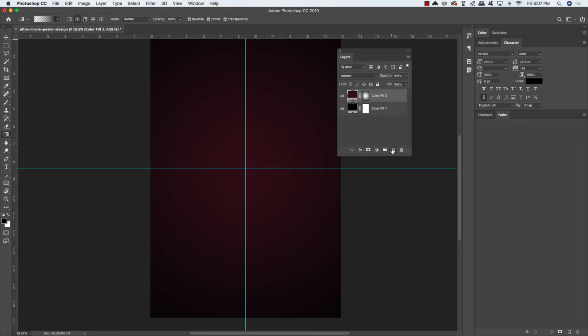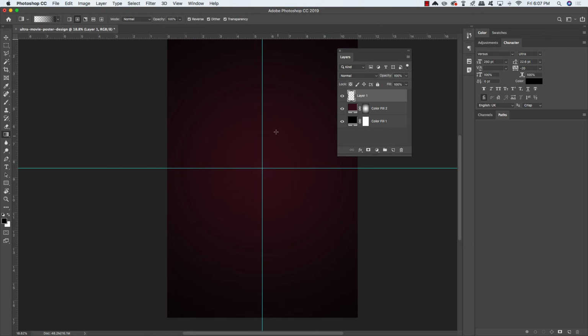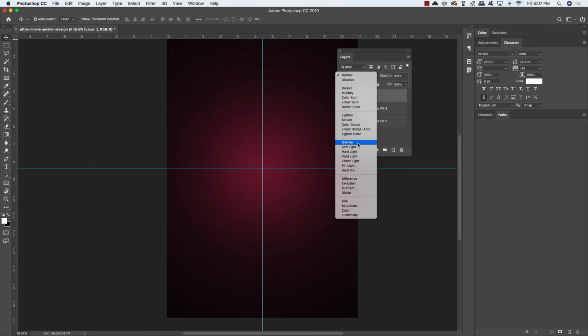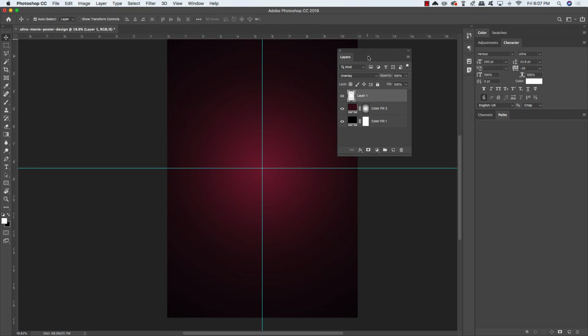Now from here, let's go ahead and create another new layer. Press G on the keyboard to get our gradient tool if you don't already have it selected, and then press X to toggle your foreground color to white. Now check off the reverse option up top here and click and drag outwards from the center of the canvas. Doing this will create a white radial gradient in the center of the image, which then we will change to overlay for the blend mode, and then press the number 3 on the keyboard to reduce the opacity to 30%. So you now have this layer which we'll just call Overlay 30%, and that creates a nice little highlight